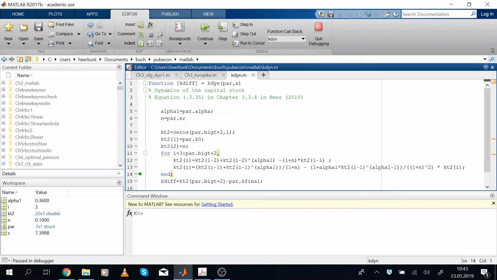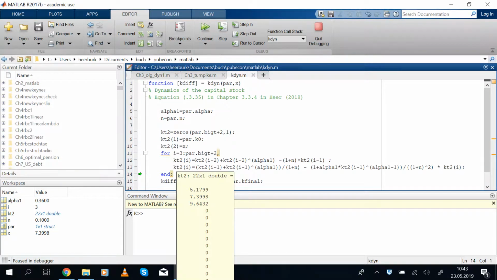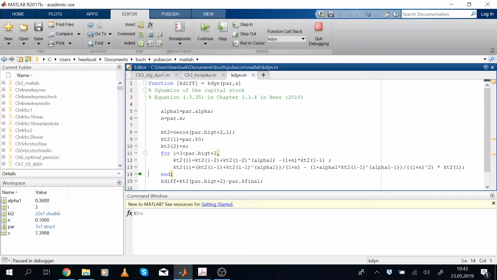So in the vector, the next element k2 is 9.64 once k1 is given by 7.4, and the initial capital stock k0 is given by 518. This follows from equation 35. And now we can do the whole loop, but this is a little bit cumbersome to go through this computation